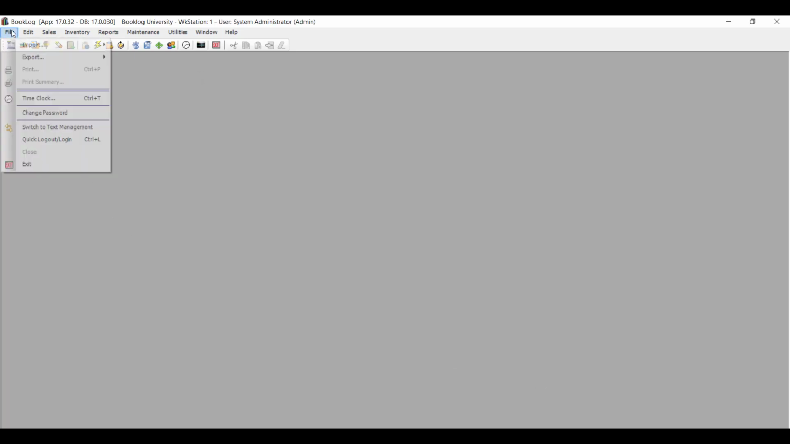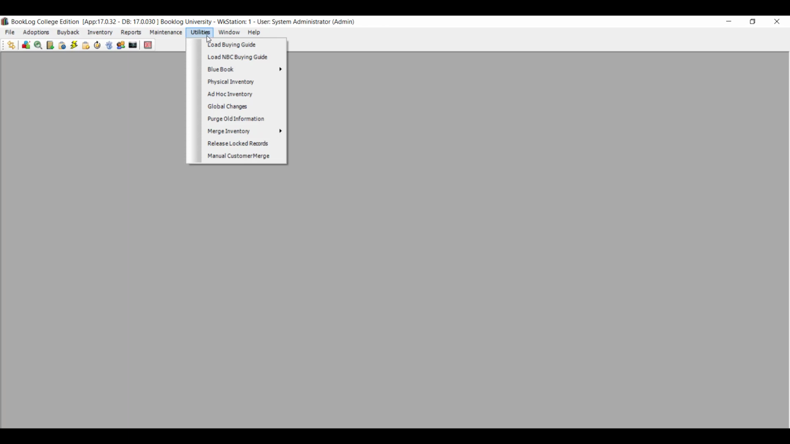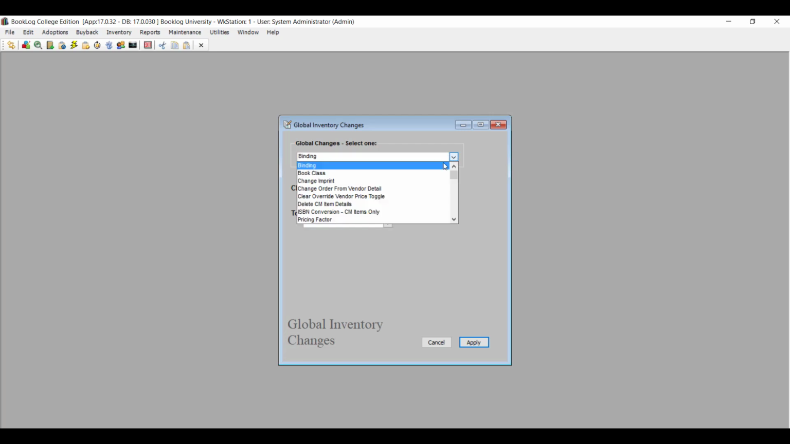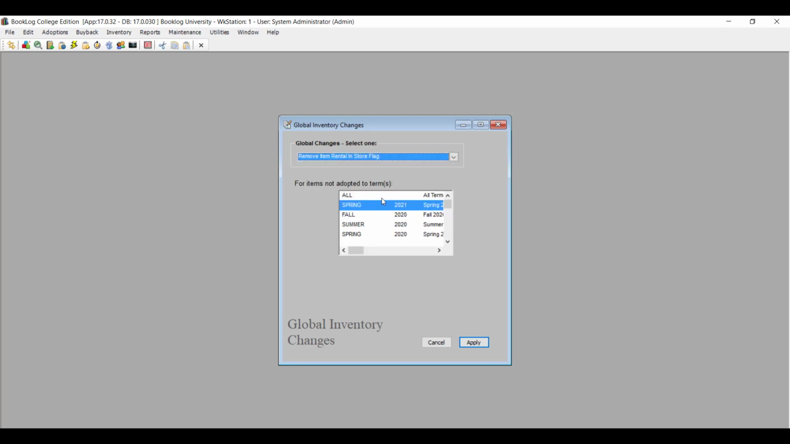If you've done rental programs with wholesalers before, then you know the necessity of clearing out the rental flags for one term before importing rentals for the next term. Now you can clear the flags from your in-store rentals too. Just go to the text management side of Booklog and click Utilities. Choose Global Changes and click Remove Item Rental In-Store Flag. You can choose to wipe out the in-store rental flag for all your items, or just the items adopted to